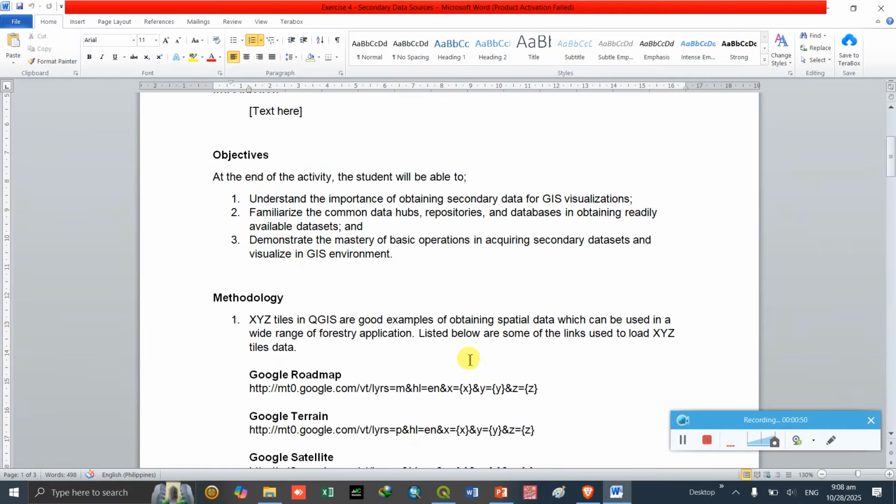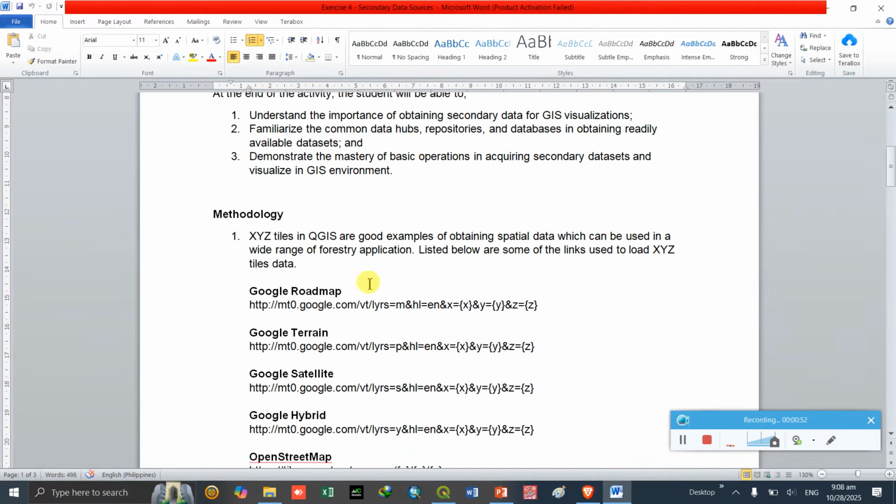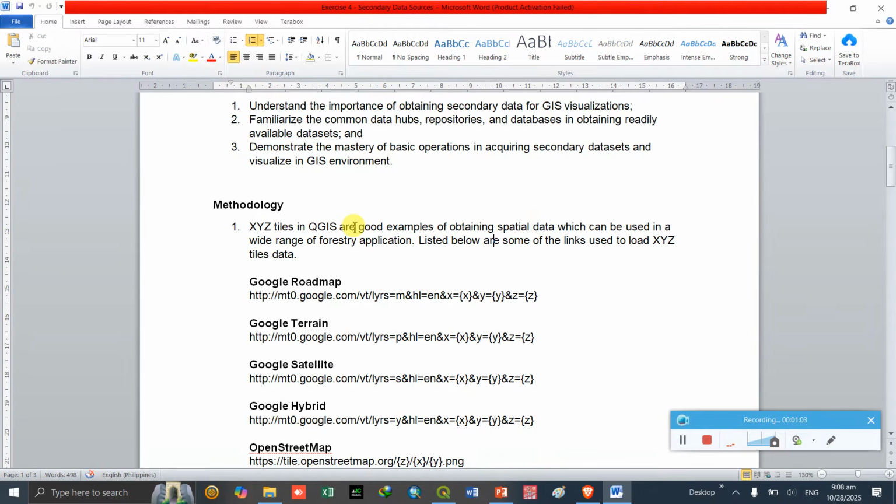So to start, we will tackle first the XYZ tiles in QGIS. XYZ tiles are repositories of different base maps.